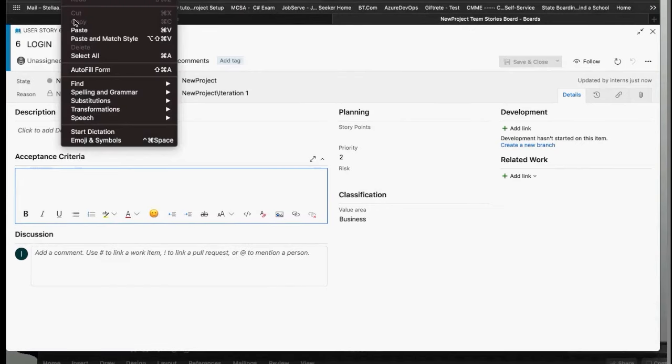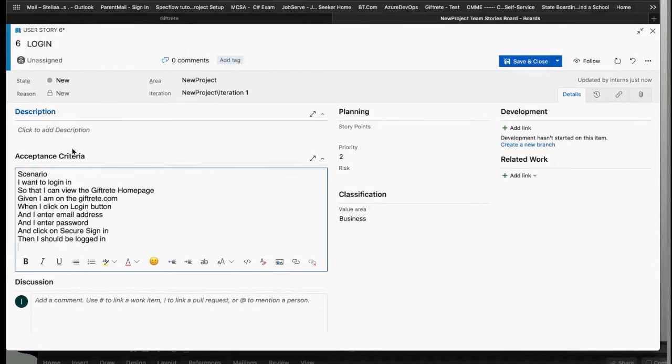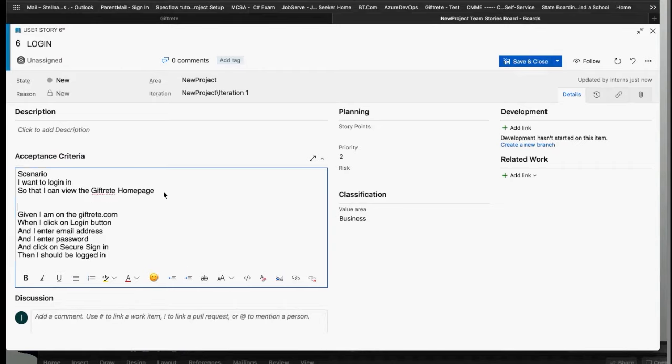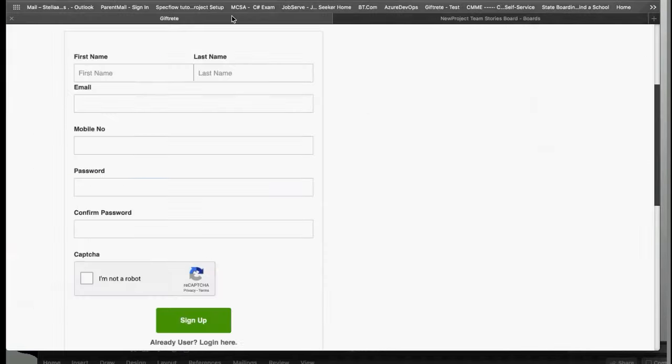That's my acceptance criteria. So what do I need to do to log in? The scenario says, I want to log in so that I can view the gift rate homepage. Given I am on the gift rate homepage, which is this one,